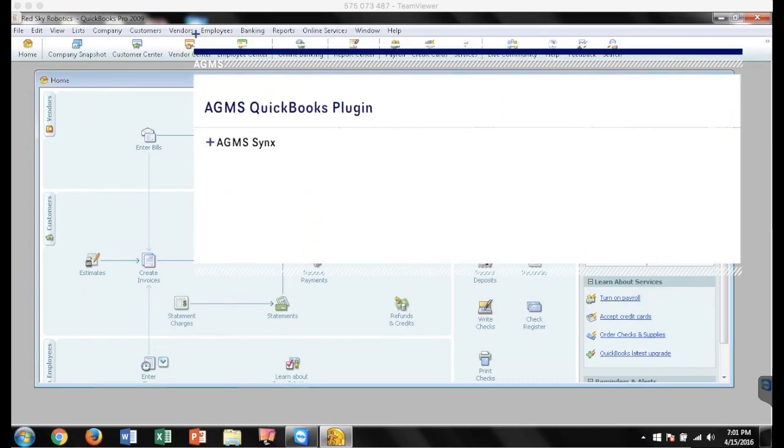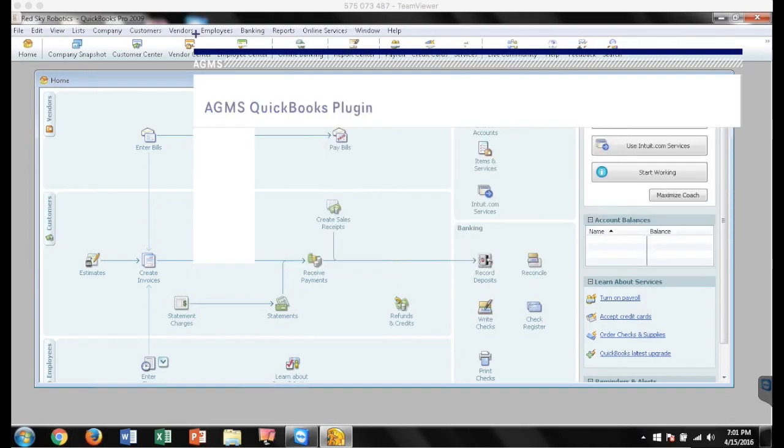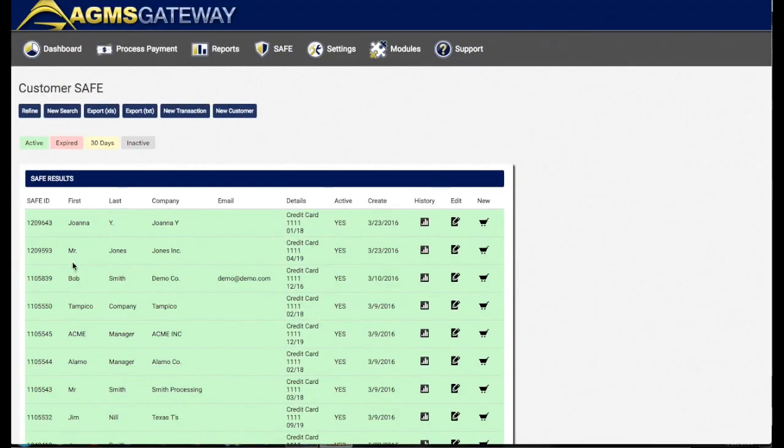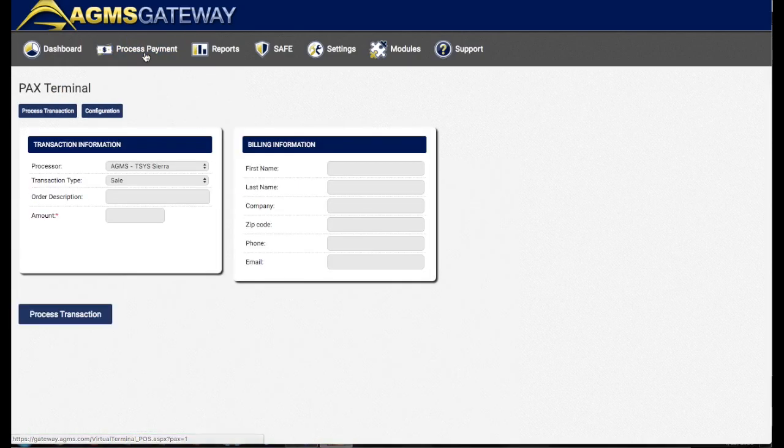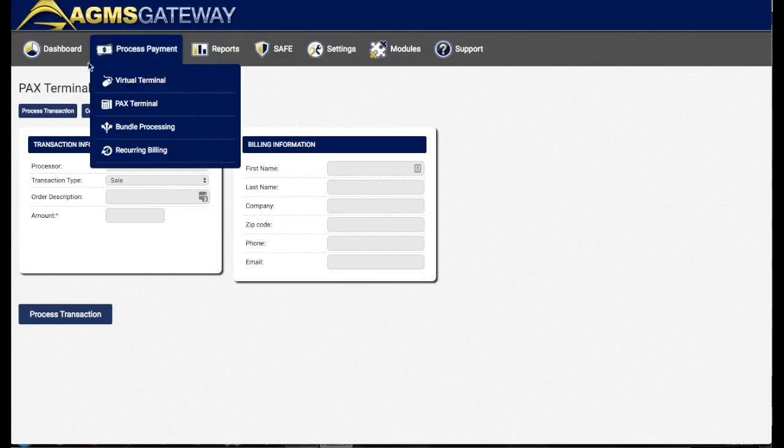Next, we're going to look at the AGMS Syncs function. To do that, we're actually going to pull up the AGMS gateway one more time. And this time we're going to go over to process payment. Now, what the AGMS Syncs function does is it will take any transaction that you've previously run on the gateway